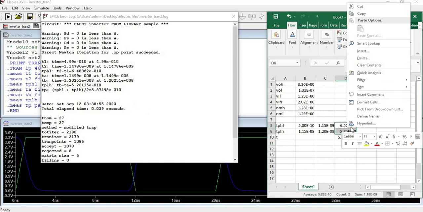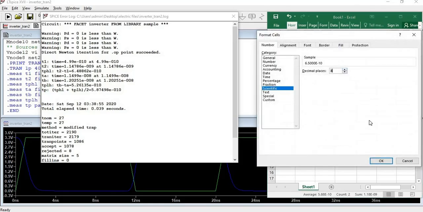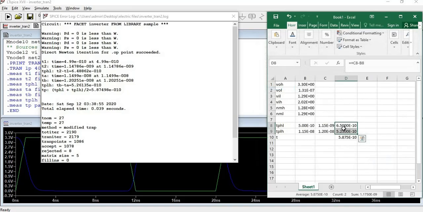So let us try to increase the decimal place. So 6.5, still 6.5. Then for TPLH 5.26, in this case we get 5.25, pretty close. So the propagation delay is equal to 5.875, 5.874. Almost equal to 5.875. So if you're going to use the approximation method, we were able to zoom at a very accurate level,